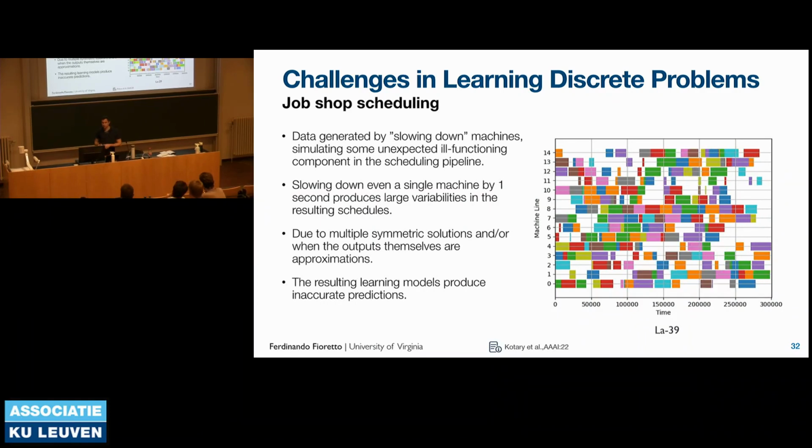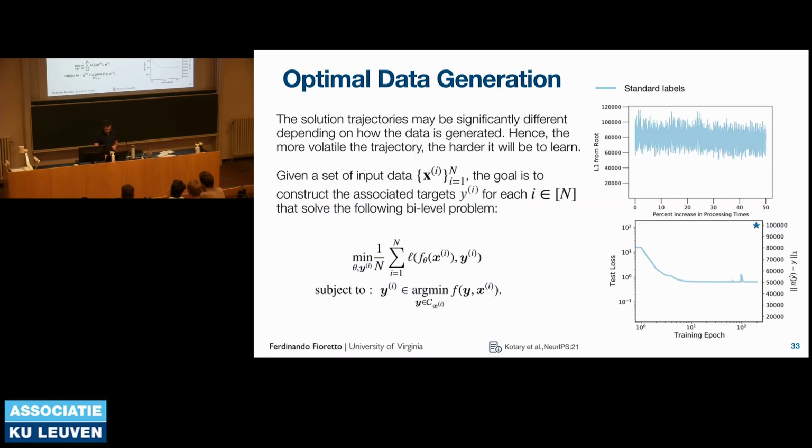Also, this is a space which is rich in symmetries. Symmetries combined with whatever inner heuristics are adopted by CP Optimizer render those solutions highly, quote-unquote, unstable, to use an ML term. But this is just an artifact of the presence of symmetries here. When you're presented with this type of data, if you try to plot those solution trajectory objects that I introduced earlier, they look like the top plot over there. They're extremely hectic. The number of pieces that this function would have is enormous.